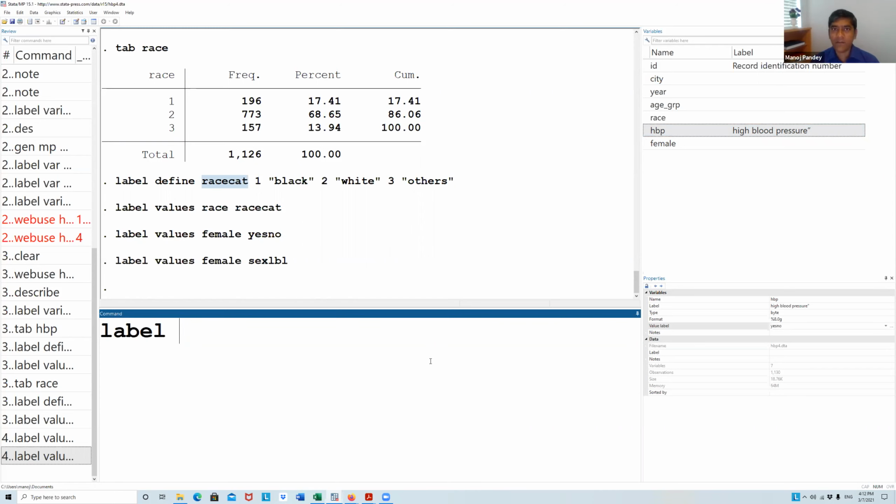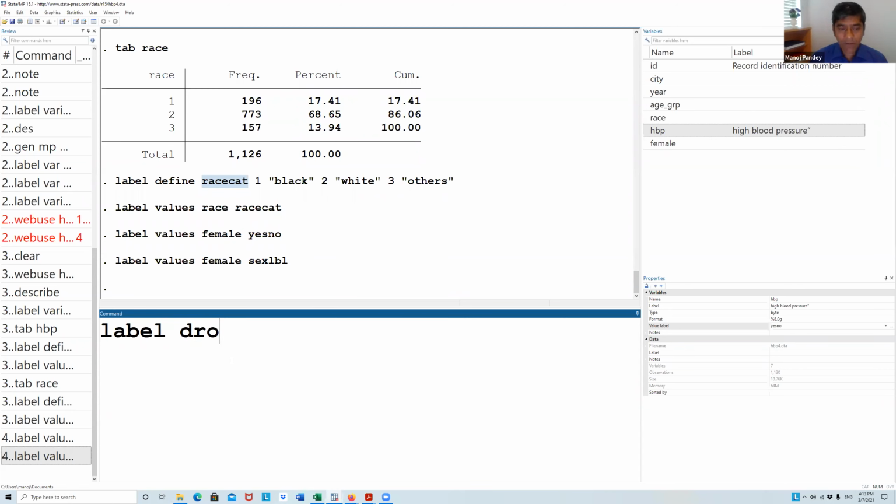You might have some confidential data which you don't want people to know what this HBP means. Say you're working for some secret agencies and creating data for them, and you don't want everyone to know what these variables are labeled as.